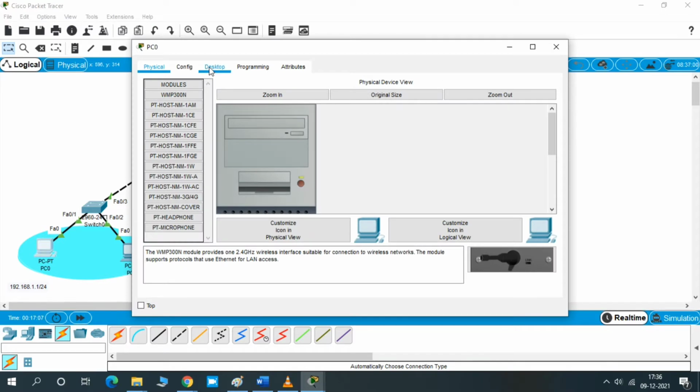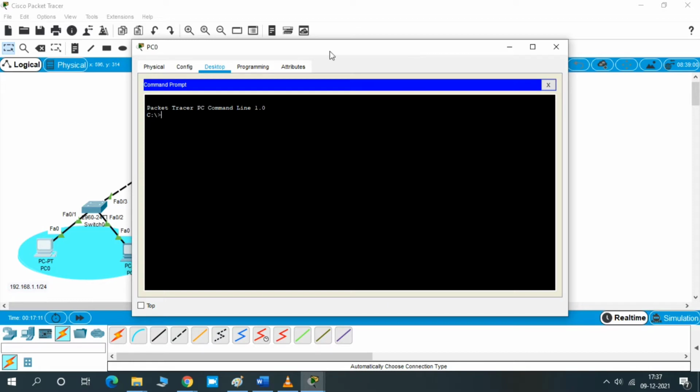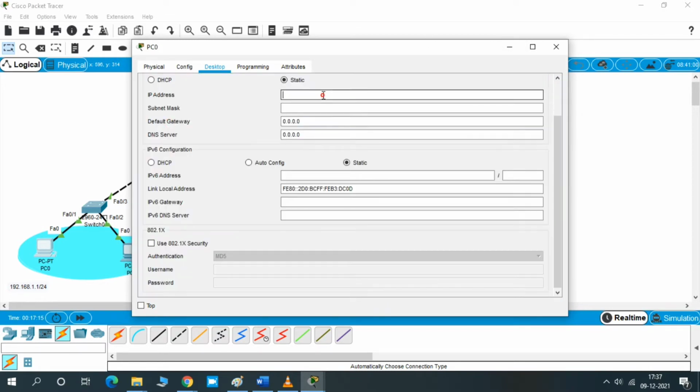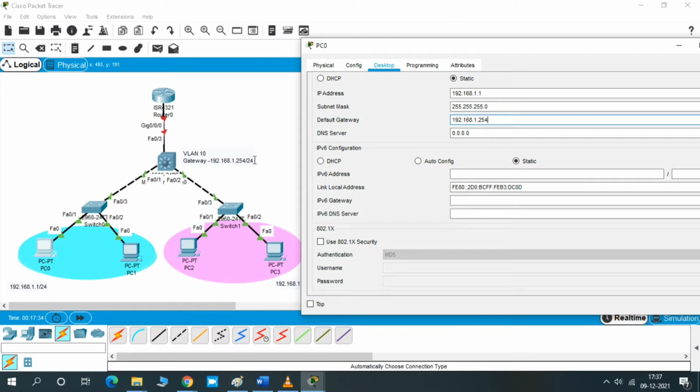Okay, just click on PC. So we'll try to configure IP and subnet mask and default gateway. You have to go to the desktop option. Just type the IP address here, and I'm entering. So by default it will take subnet mask. Just type default gateway. Will confirm the default gateway IP address. Yeah, so both are same. Okay, then just close it.